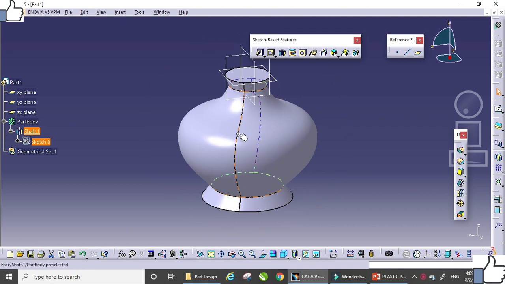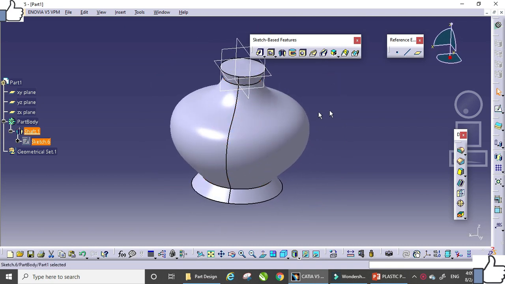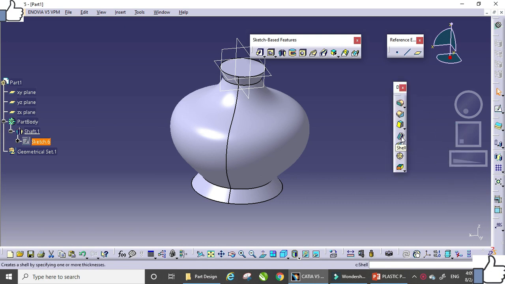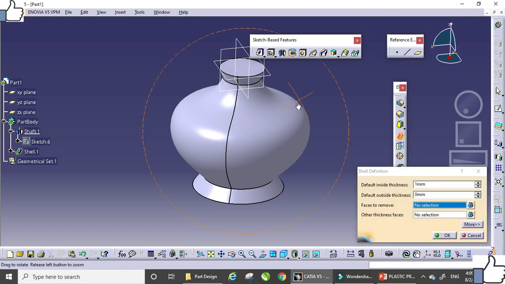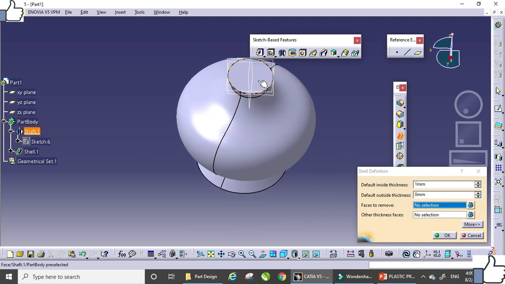Before moving to the next command, we will go to the shell command. Shell means it will create a shell of your body. Just click on shell, select the face to be removed, I will select this face, and the overall thickness.